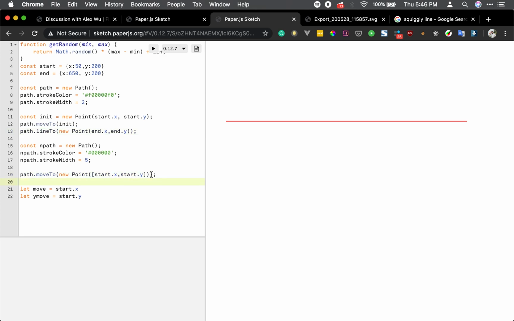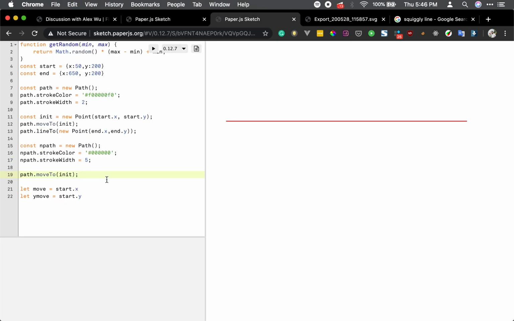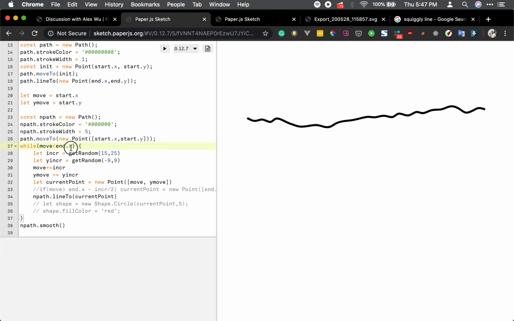We'll move to the initial point, and you can actually use init here. You don't have to make a new point over here. So we'll move to the init and start from there. And we'll make a new variable called move. I'll tell you why that is. And y move, and it'll be initialized to the start x and start y, and we will